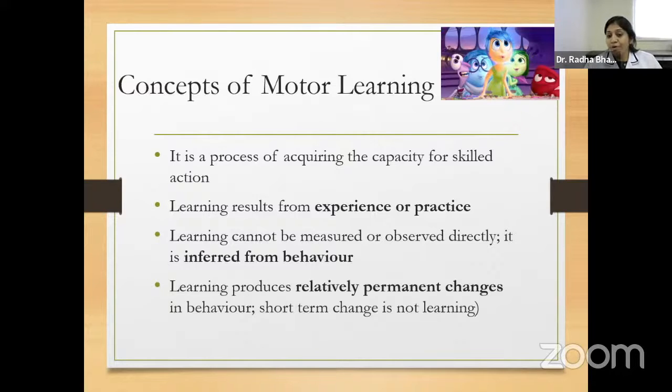And there is one more important thing written over here: learning results from experience. I hope during our childhood or now many of us have watched either Mowgli or the Lion King movie. Mowgli was a human kid, but when he was brought up in the environment of the jungle, he acquired the skills required to survive in the jungle. Because of his experience in that environment, he learned those skills. So it's simple. Learning can take place either with practice or with experience.